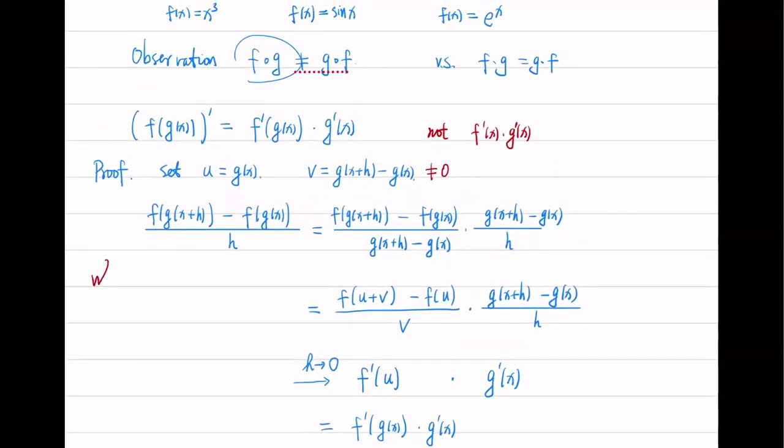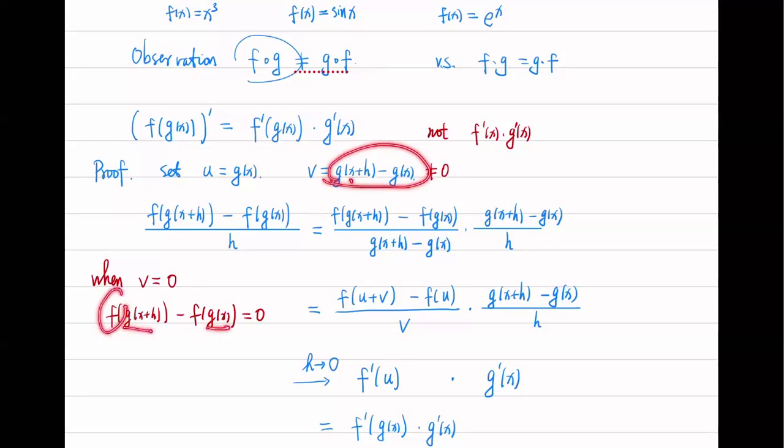When v is 0, f(g(x)) is 0, because these two terms are the same. These are the same function at the same point, the values are the same. So this is 0. Okay, so the formula becomes